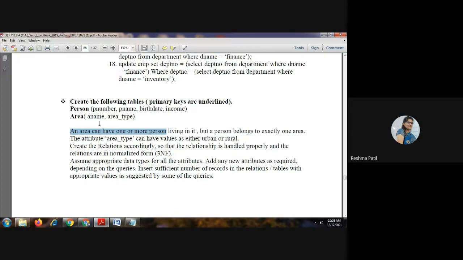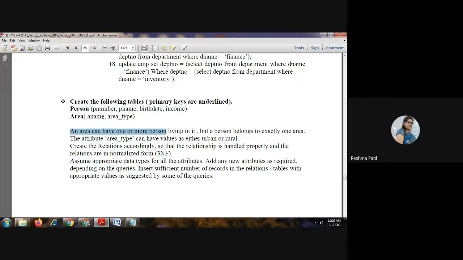So which primary key do we have to show in which table? The area primary key will be shown in the person table as a foreign key. That means, for example, person one is there, and here we will write the number one. Again, person two, person one is coming again.